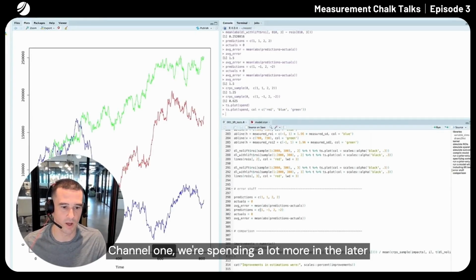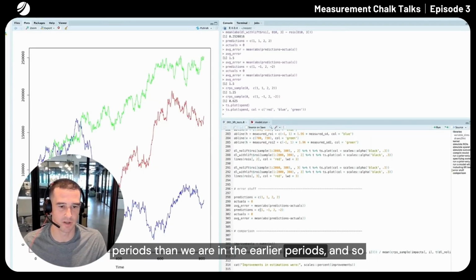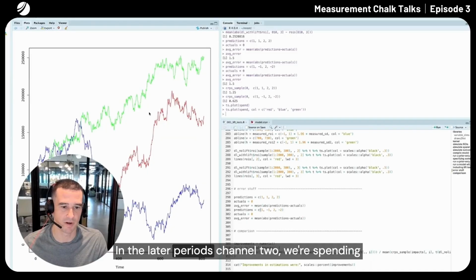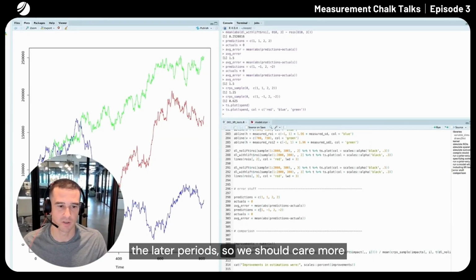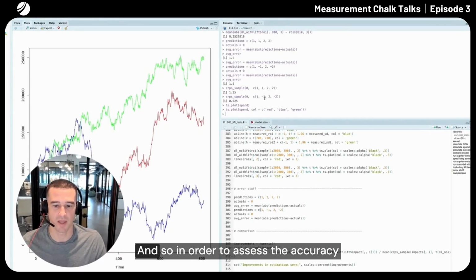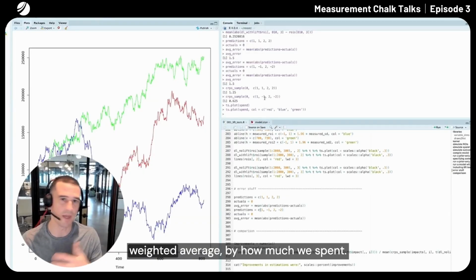Channel 1, we're spending a lot more in the later periods than we are in the earlier periods. And so we should care more about our ROI estimates in the later periods. Channel 2, we're spending more in the earlier periods than we are in the later periods. So we should care more about the ROIs here than we do here, right? And so in order to assess the accuracy of the predictions, I'm going to take a weighted average by how